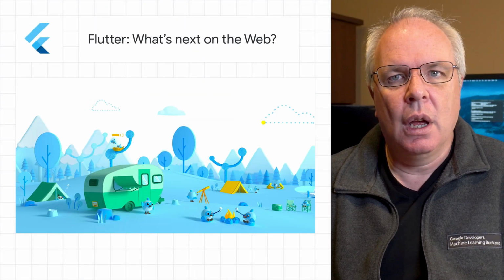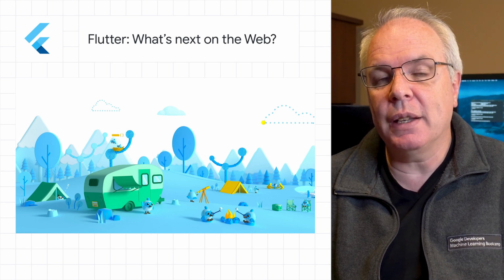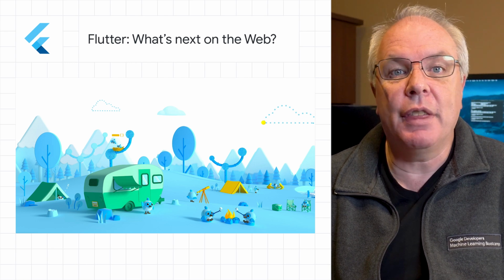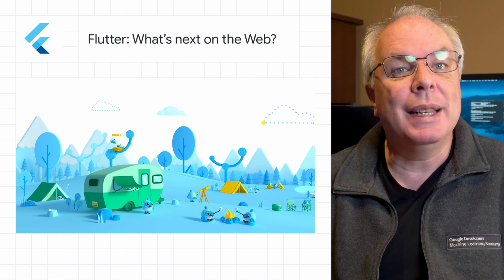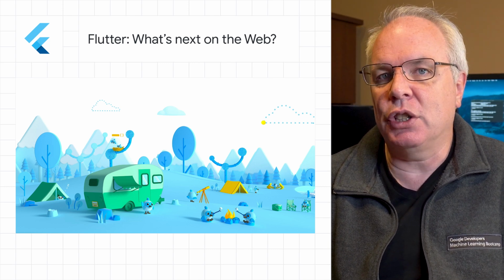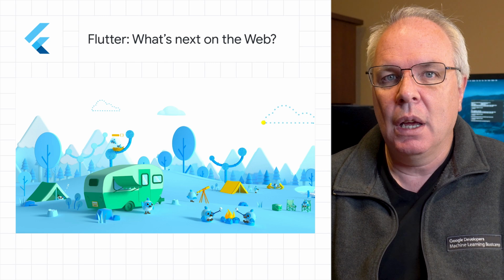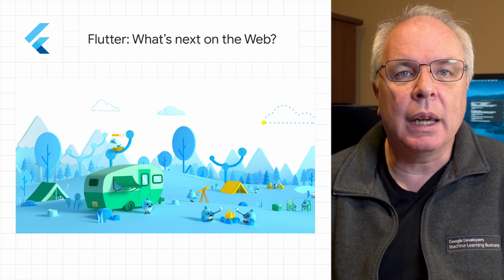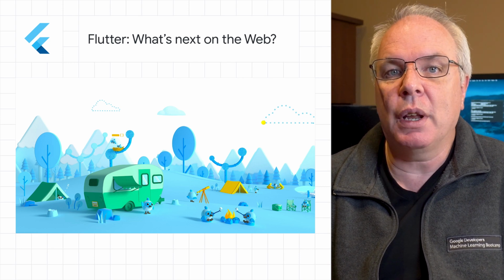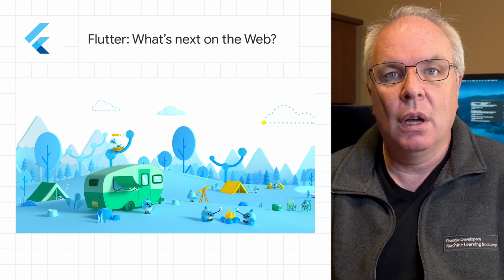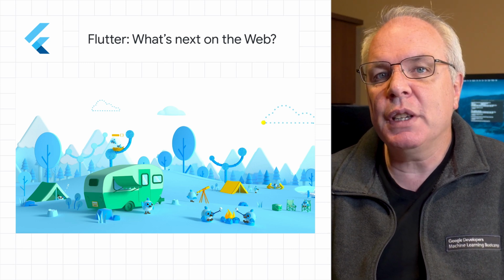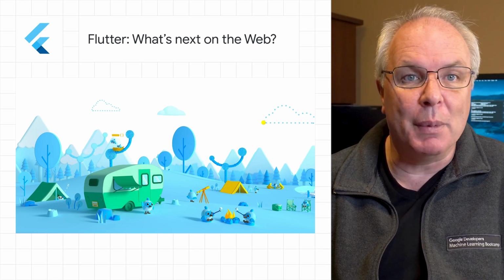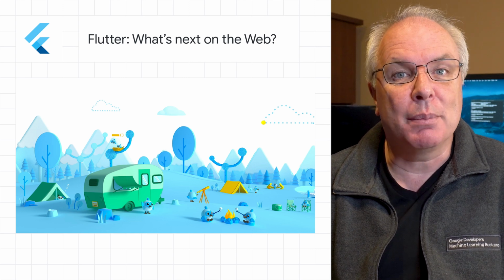According to user research, the web is a target for over 10% of Flutter projects. And this week, the Flutter team put out a blog post with details on how they aim to improve the quality of their initial stable release to enable you to ship your Flutter Web apps to production. Some updates include things like support for right-to-left languages such as Hebrew or Arabic, so that all major use cases are supported and usable in Flutter Web apps. Also detailed is work on improving support for the scrolling behavior, the app loading API, accessibility, performance, and a whole lot more. Check it out in the post link below.